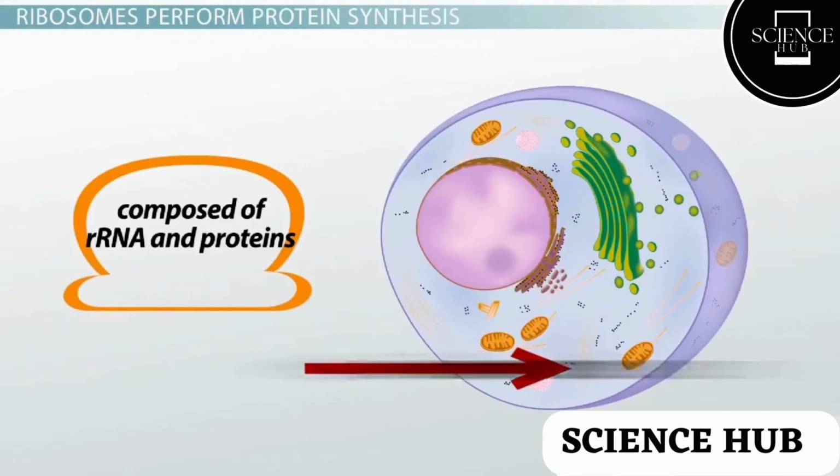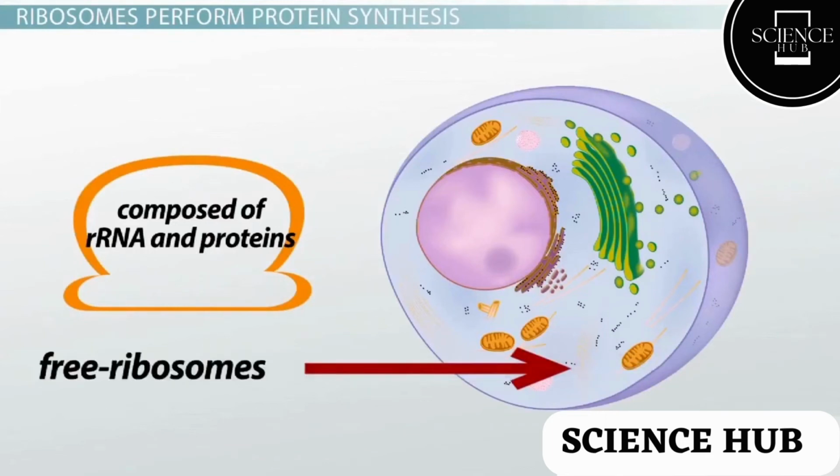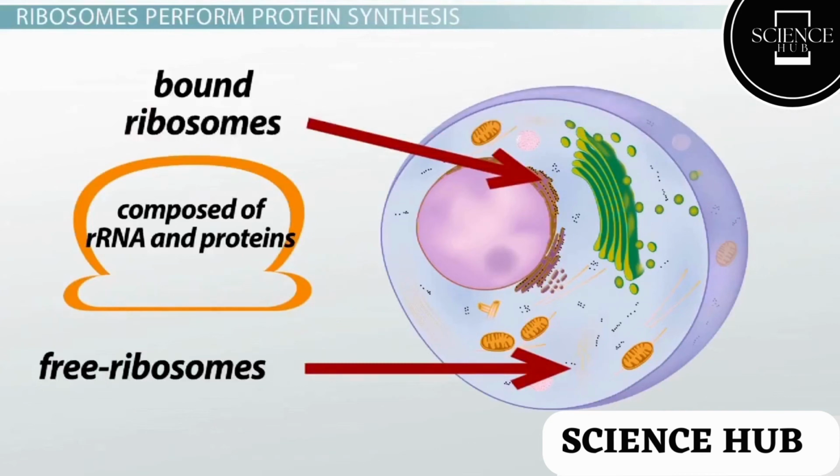Ribosomes can be either free ribosomes in the cytoplasm of the cell, or they may find that the mRNA they are translating has a specific destination. In this case, some ribosomes will attach themselves to another cellular structure, and this is called the endoplasmic reticulum. Here, these are called the bound ribosomes. Proteins produced by bound ribosomes are usually destined for some kind of specific structure, or they're meant to exit